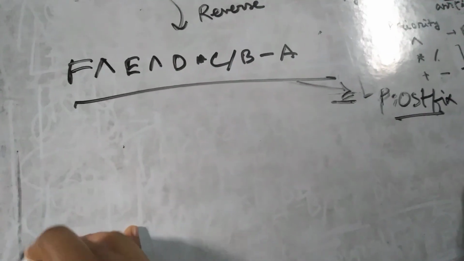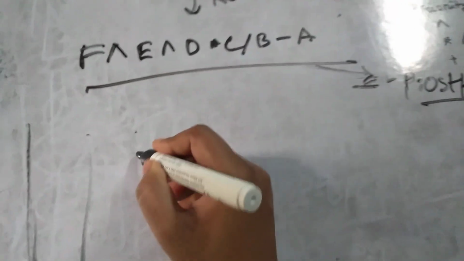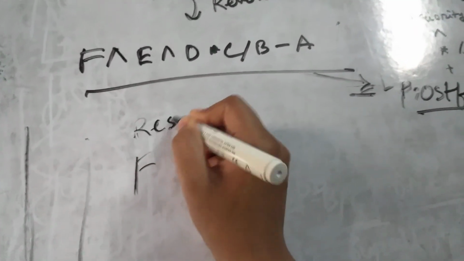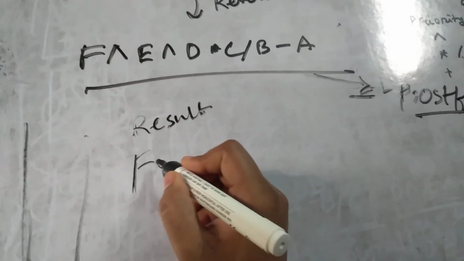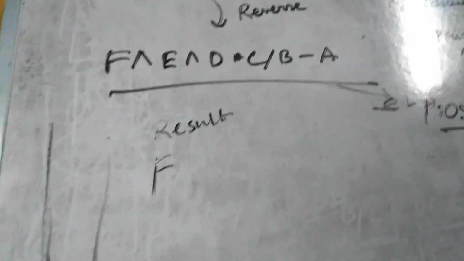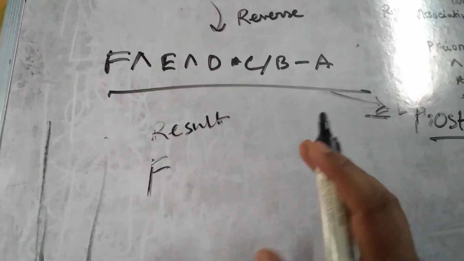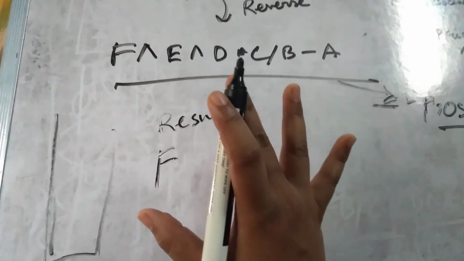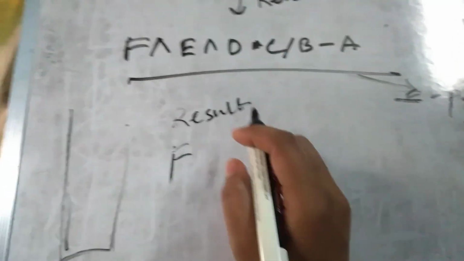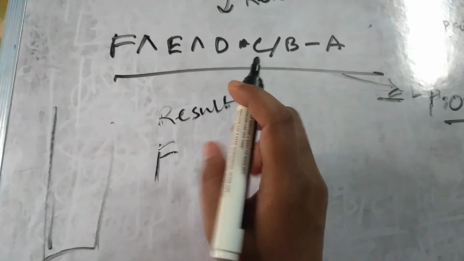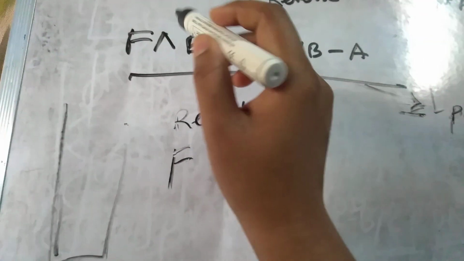Start by drawing the stack. The result is here. Please don't mind that my ink is gone, so I'll give you the understanding so that you don't need to focus on the missing ink. Don't write in the comments that please buy ink for sure. Yeah, I'll do that. First you understand.